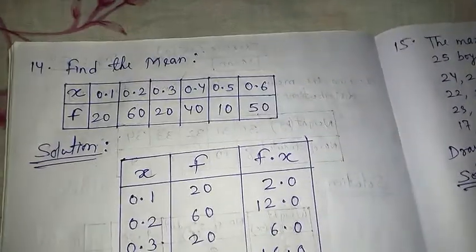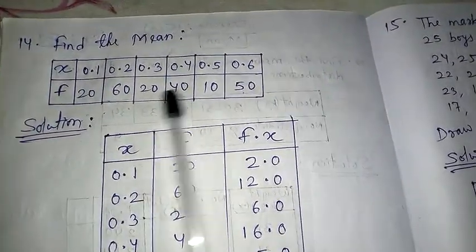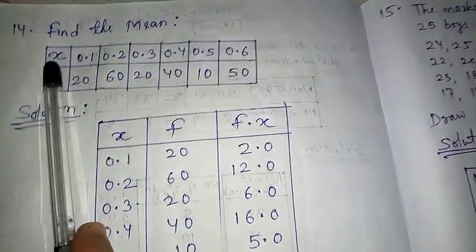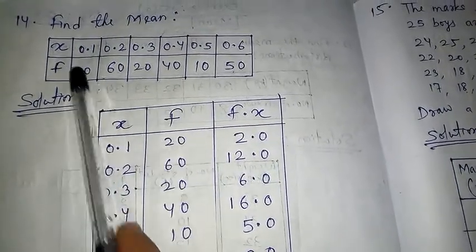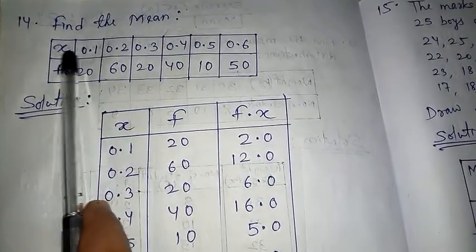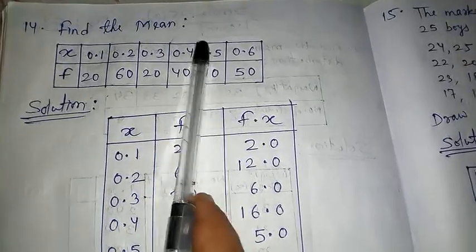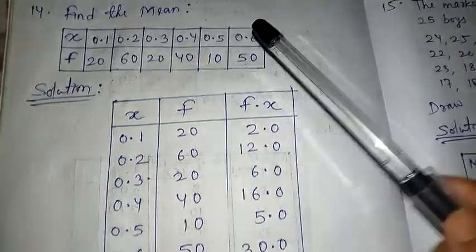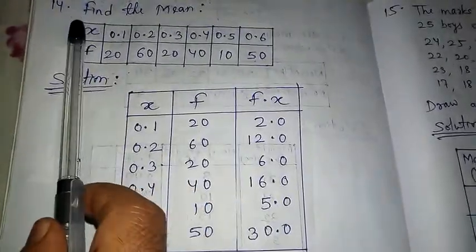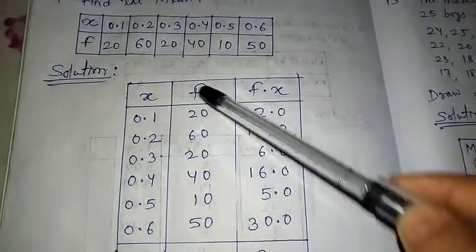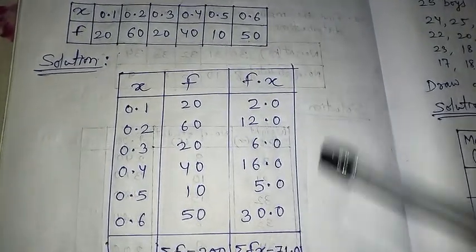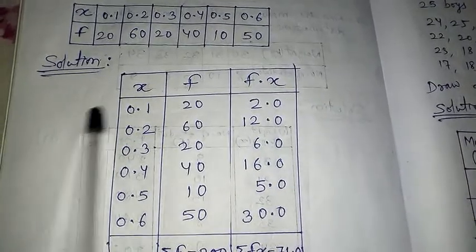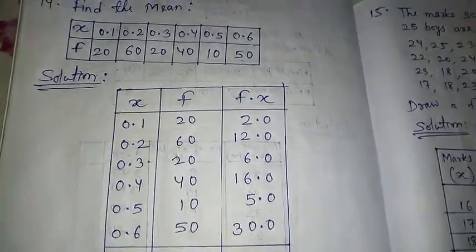Next question, find the mean. Here x, as we write x from our own part, but they only wrote x here. So this is the x column, this is the f column. Again, the horizontal lines I wrote vertically. That means the rows have become columns now, and one extra column for fx, which we get by multiplying these two. So the same thing we wrote here in this portion.